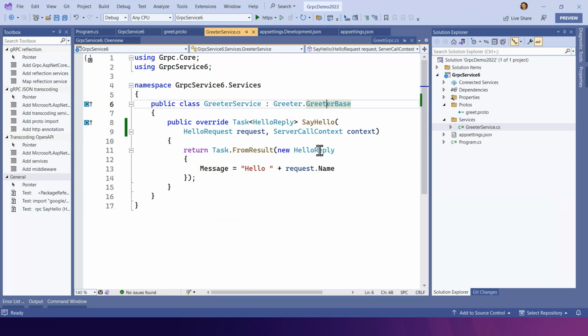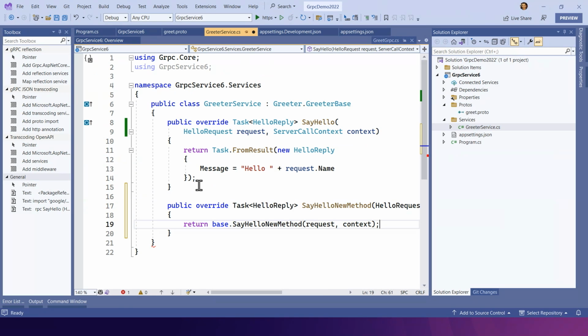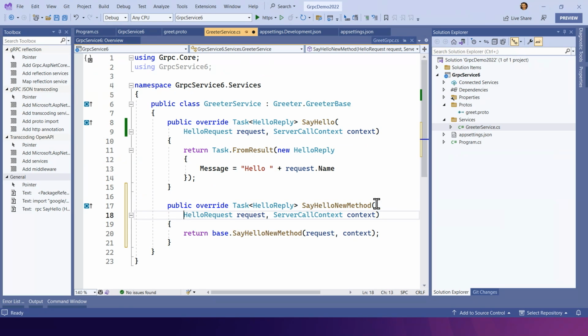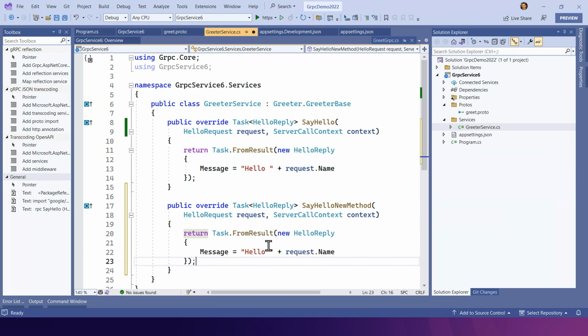Click save there. Code generation will automatically run, so we just need to override our new method. And we'll just copy and paste the previous implementation, and we'll just modify this slightly. Say hello new method, cool name equals this. We run our app.